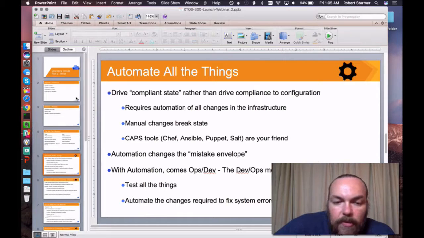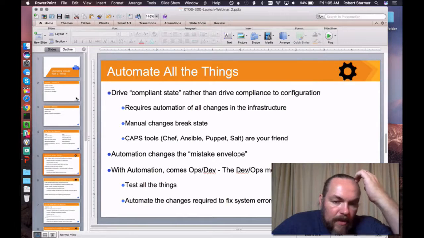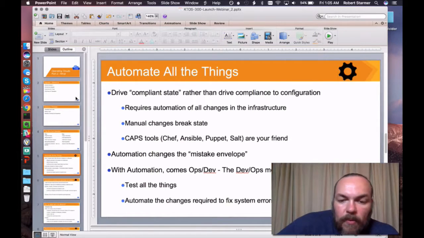The other thing that we need to start thinking about is when we're automating all of the things and we're operating these systems to get to a compliant state, we also should be thinking about that when we do find errors in the system. The first thing that you do if you find an error is you should write a test that describes that error. Because once we've written a test that can describe the error and we can prove that our test fails in our current system test environment, we can now create a change that fixes that error and fixes the test at the same time.